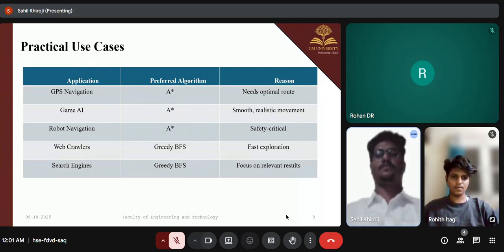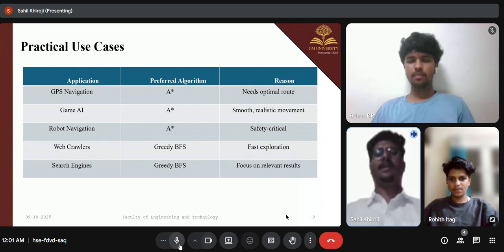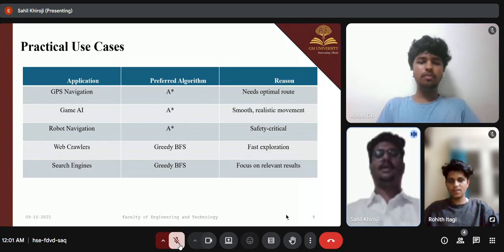This slide shows how different pathfinding algorithms are used in real life. The A star